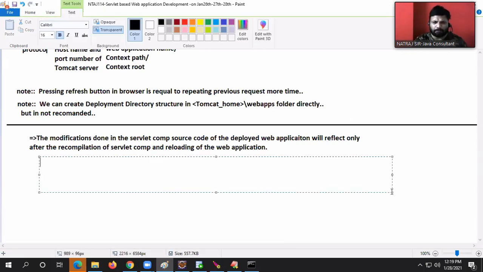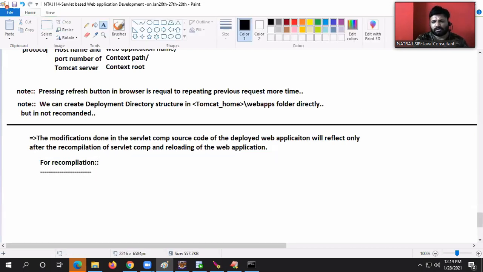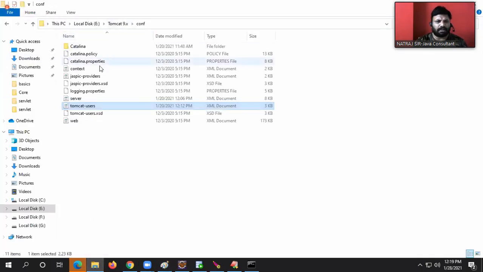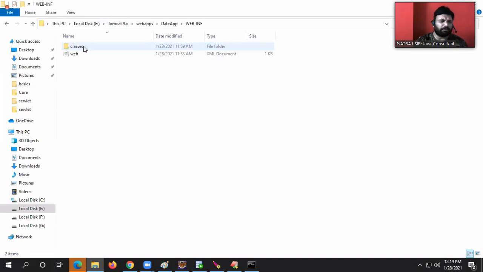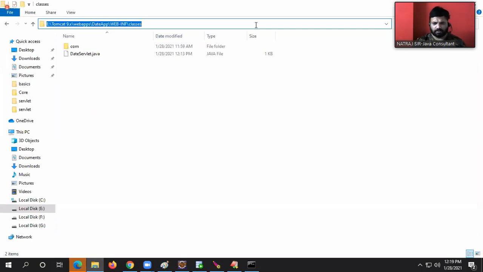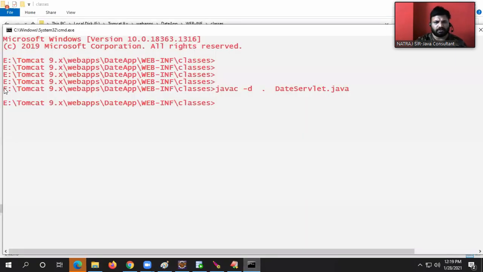Okay, for recompilation. What to do for recompilation? Tomcat, webapps, dateapp, classes. Go there. Just copy and paste.